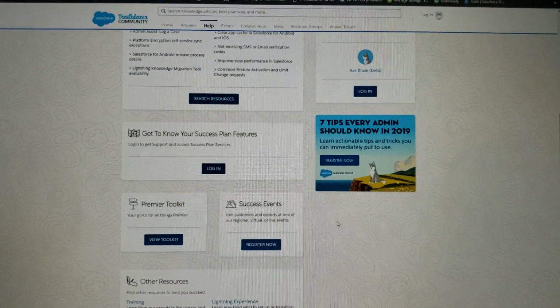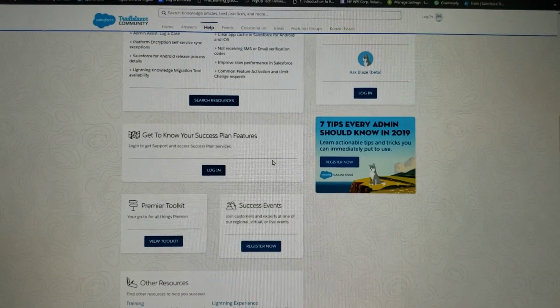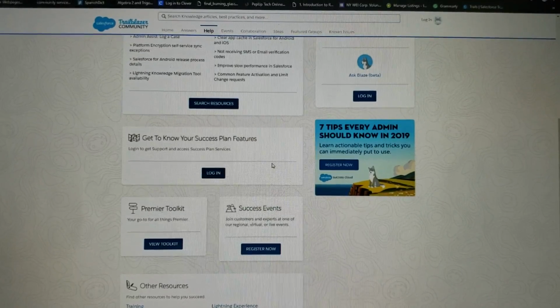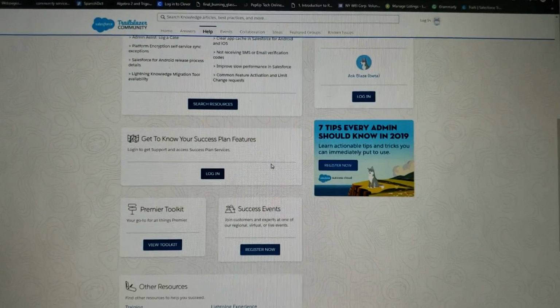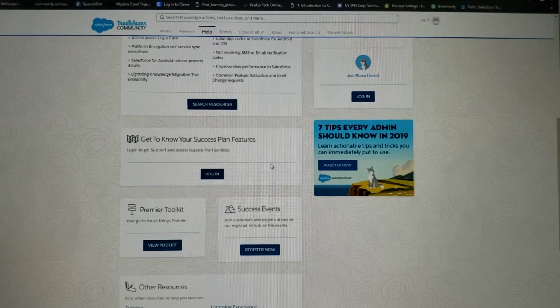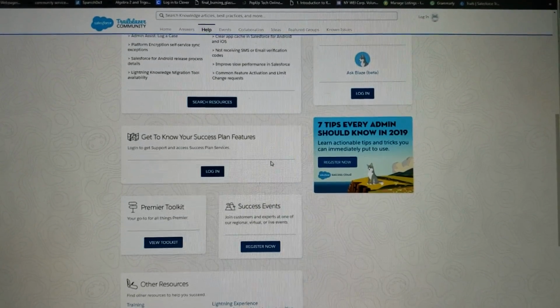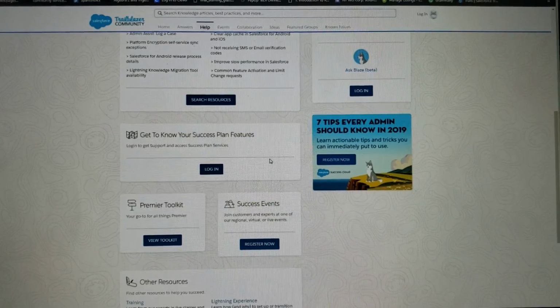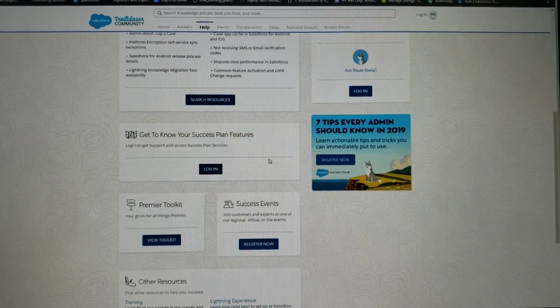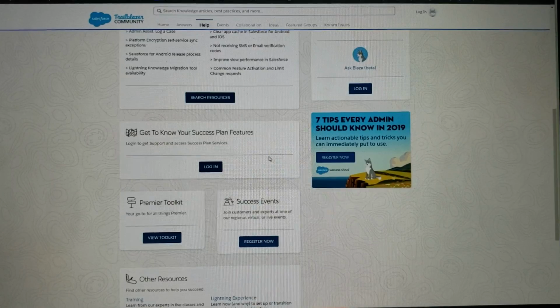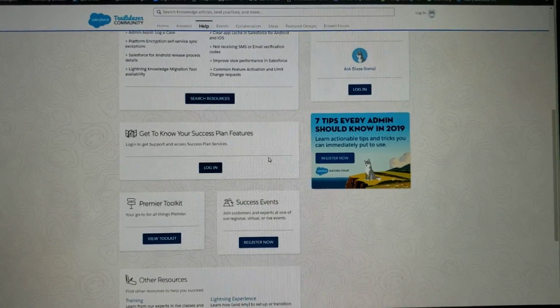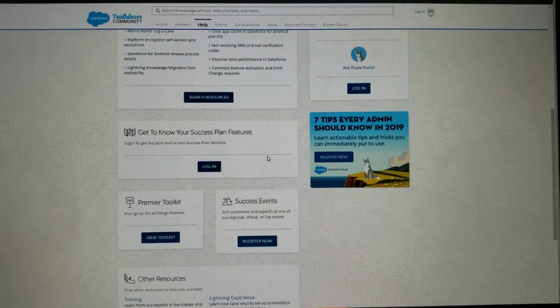So they can buy support packages from Salesforce, or they can buy support packages from Salesforce consultants. There are Salesforce consultants out there that sell support packages. They're like, we'll build your org for you, and we'll give you a support package, and whenever you need to use it, you can use it. We charge $50 to $100 an hour, whatever it is, right? They'll sign the support contract. They never have to call you, but if they need you, they'll call you, and at that time, they'll be